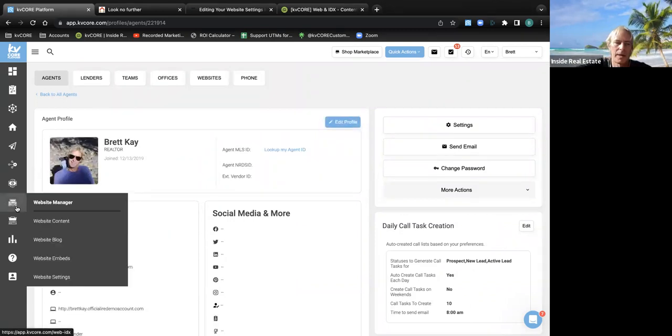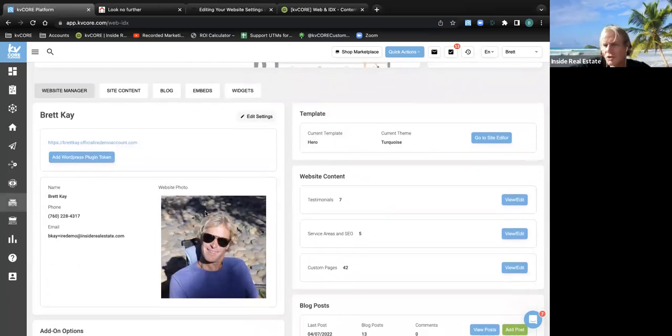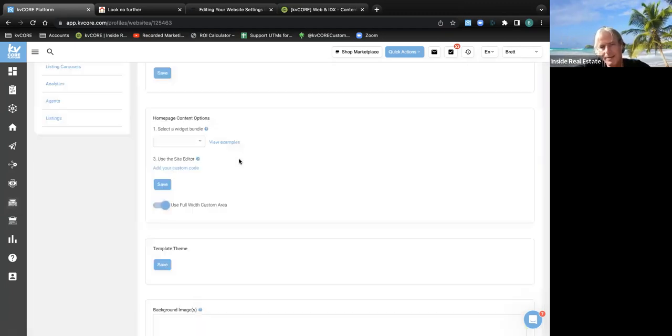Let's get back to the Web and IDX, and let's talk custom pages. Why custom pages, you might say? I thought we were talking about categories. Well, we create the categories in the custom pages. I'm going to show you where we're going to end up, and then I'm going to come back and we're going to create a custom page. If I look at my name here, and I look to the right of that, right above my image, and I go to Edit Settings,